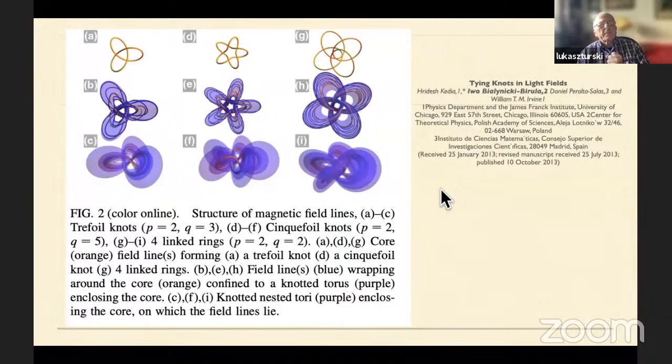As far as I understand, most of the researchers working in that field were always thinking about generating those patterns by properly tailored antennas. But nobody thought about creating them by diffraction. And the diffraction of light, the diffraction of an electromagnetic wave, would be something similar to the creation of the Karman vortices by a paddle or by a wind